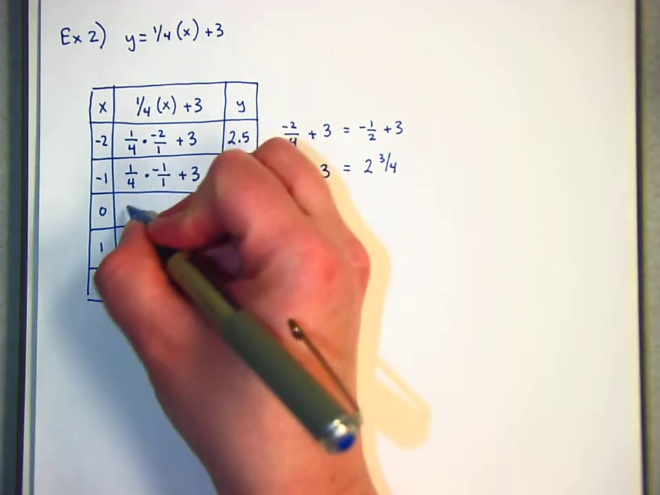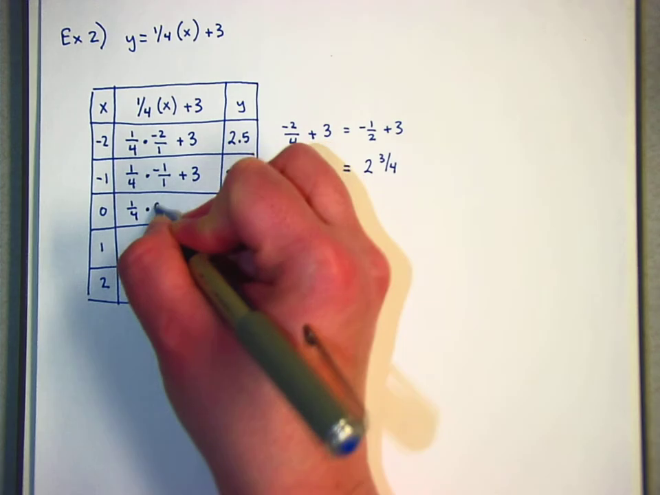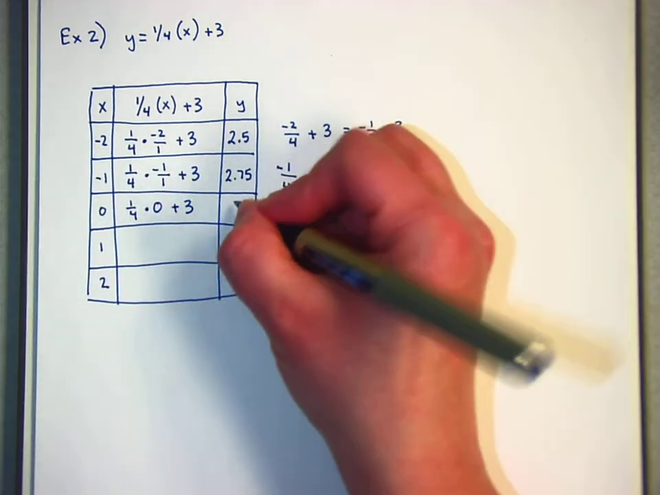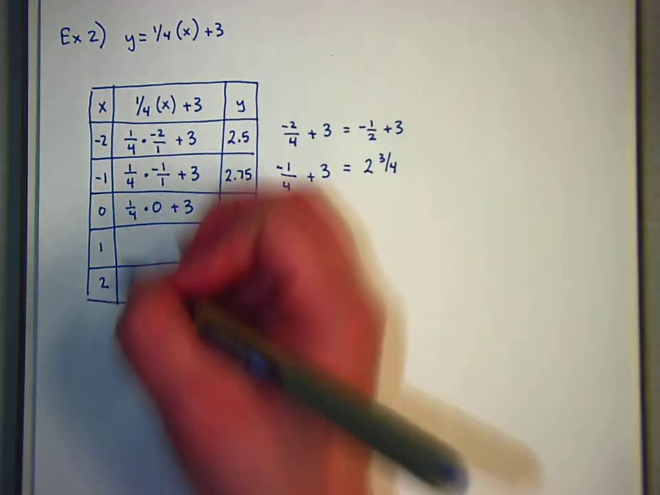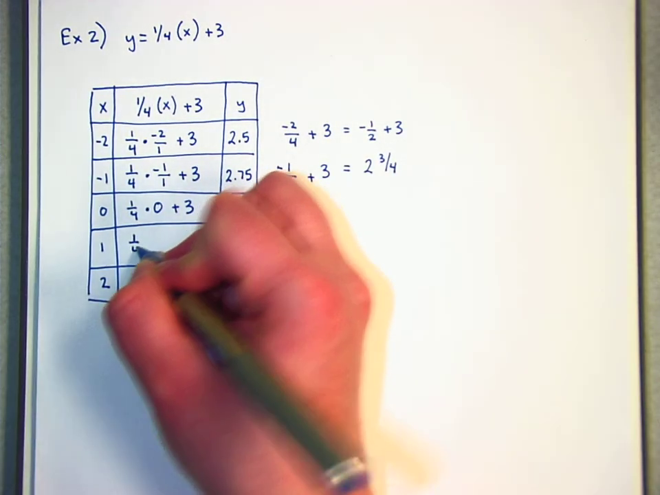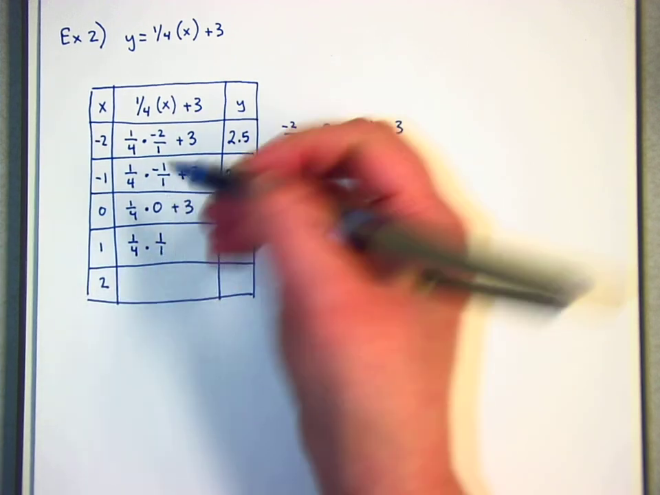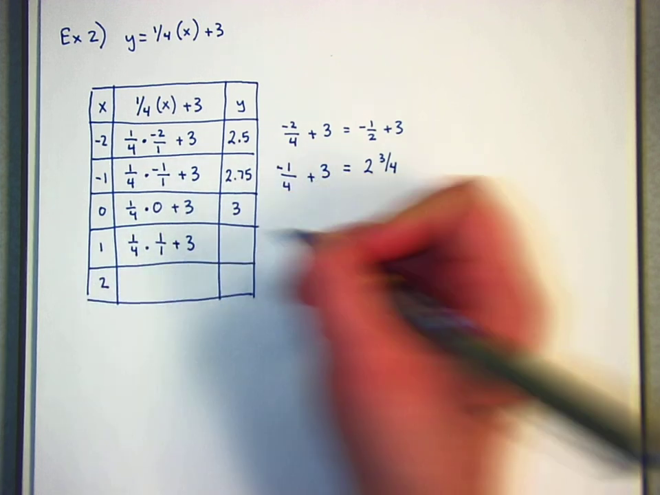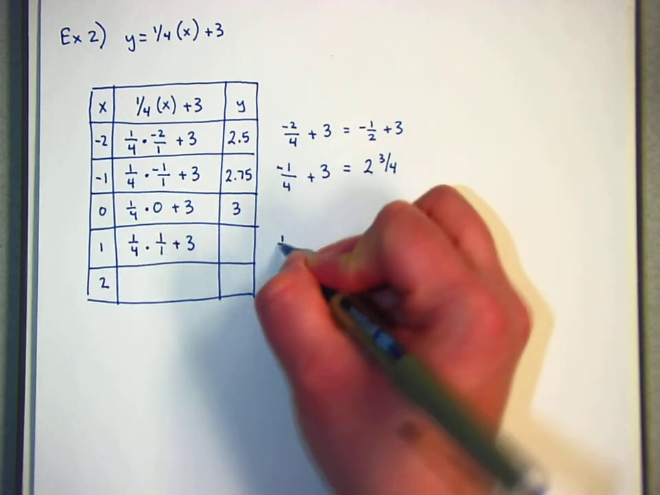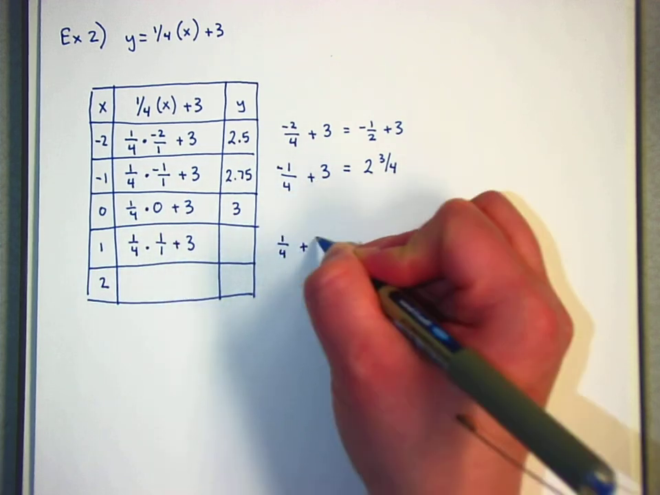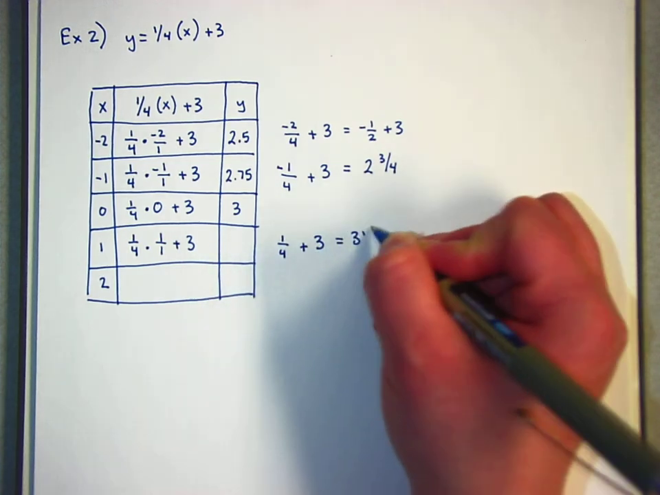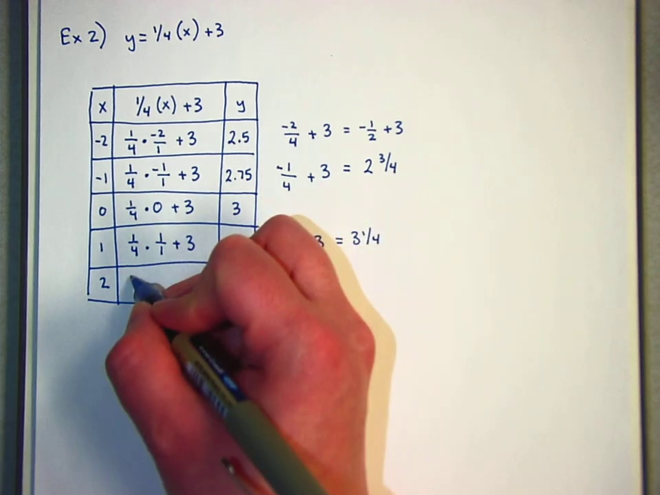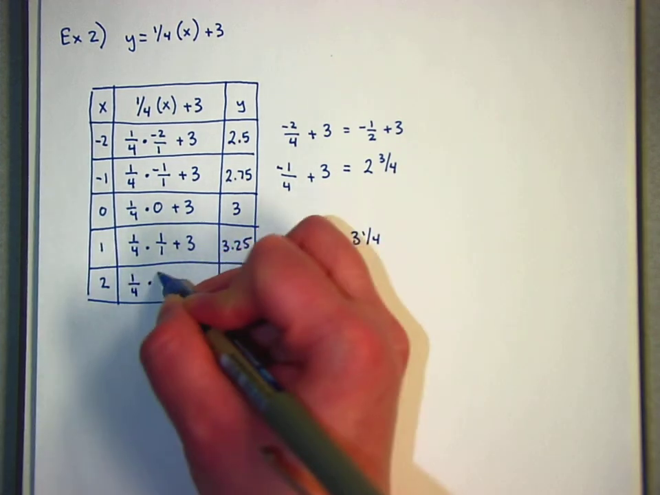I'm assuming that you paused, so I'm going to keep going. This one's really easy. 1/4 times 0 is 0, and then plus 3 is 3. This one is 1/4 times 1/1. Again, my input is just x here. These are my x's. Plus 3. That is, if I do my math over here, 1/4 plus 3, and that equals 3 1/4, which is the same thing as 3.25. The last one is 1/4 times 2/1